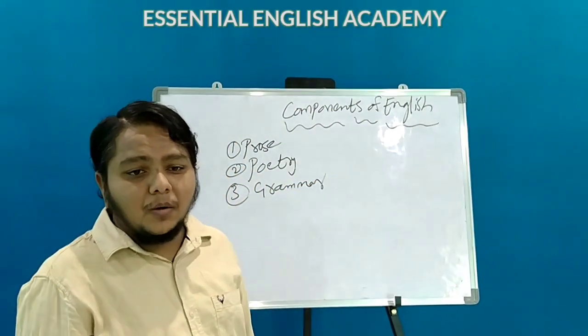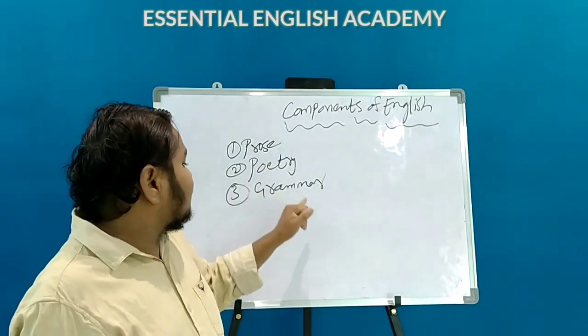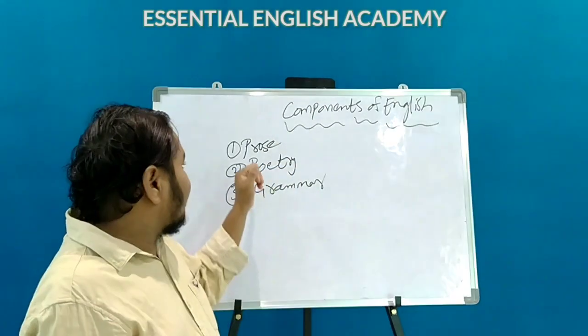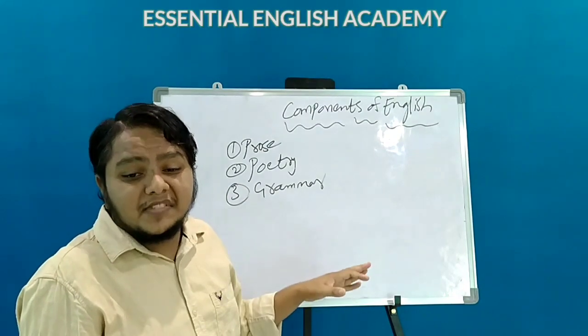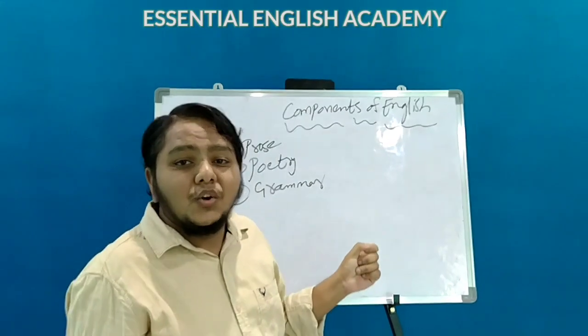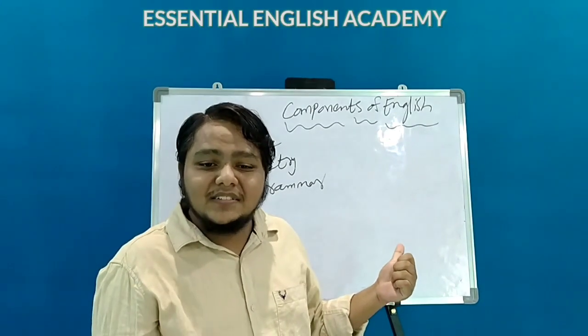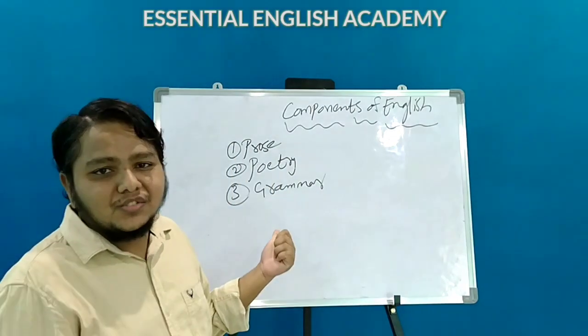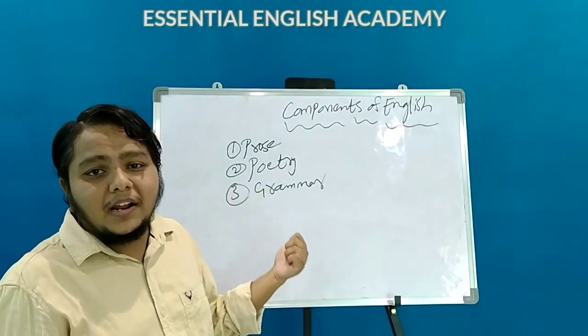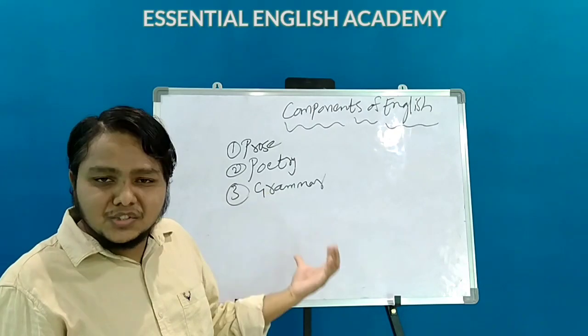So there are 3 major components. Prose is something which consists of some stories. In this, fictional stories may be there,